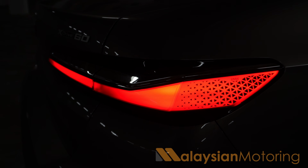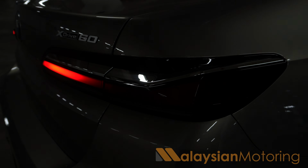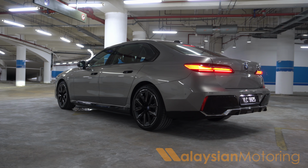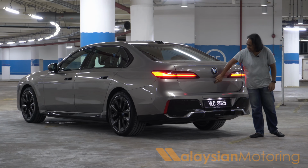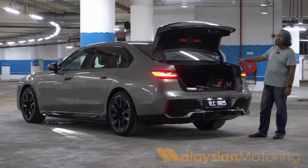Now, of course, you'll find full LED taillights, naturally, with the new LED L that you get on all new BMWs. You get the M Sport bumper down here, which is why you get a lot of high gloss black, but it is cut with a little bit of high gloss chrome in order to make this look a little bit more elegant. Now, behind this tailgate, accessible via a button, you will find an absolutely enormous boot,